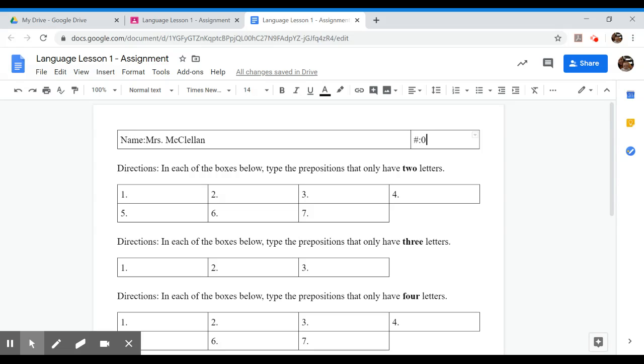Okay, so reading my directions: in each of the boxes below, type the prepositions that only have 2 letters. So I'm going to go back and look at the preposition list that's on my materials, right? And I'm going to just go down the list and see which ones only have 2 letters. So the first one that I found, I'm going to click in the box that says number 1, and it is at. So I'm going to type